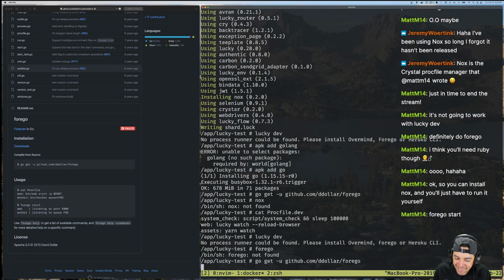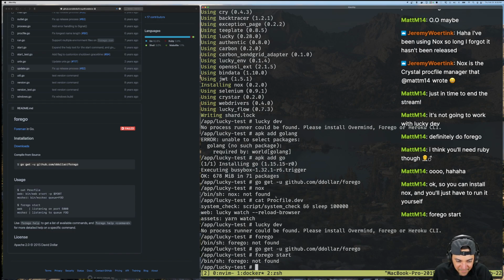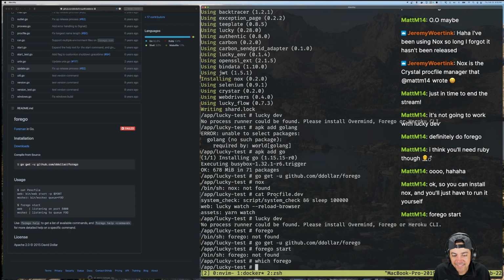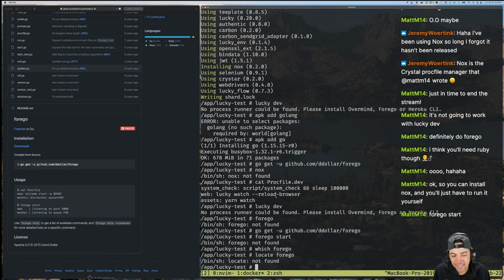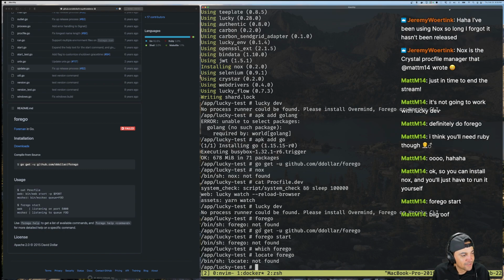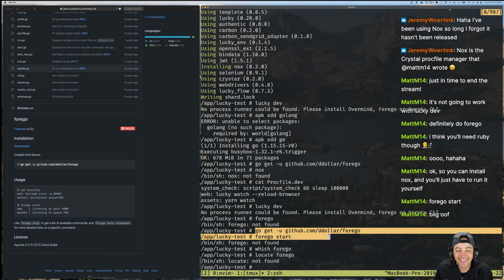Did I not run that? I did, right? GitHub.com? Is that not the one? Did I just install a virus? Or go start. Where did it... Which Forgo? Is there locate Forgo? Is that a thing? Locate is not a thing. Big oof.